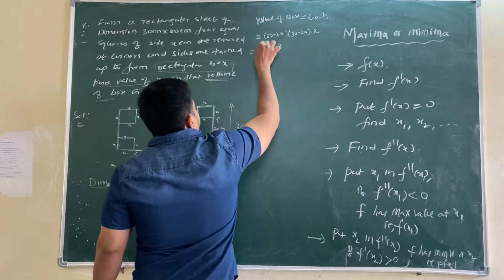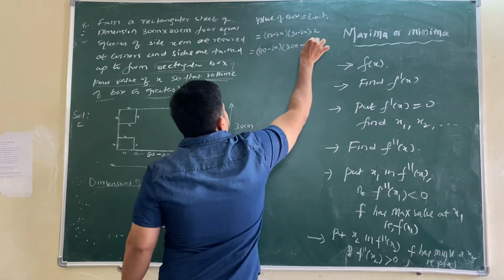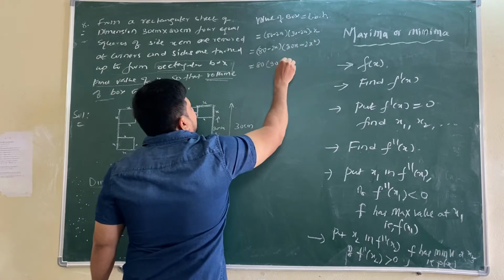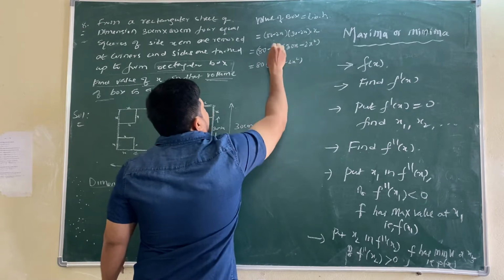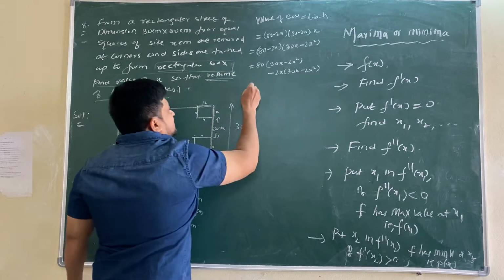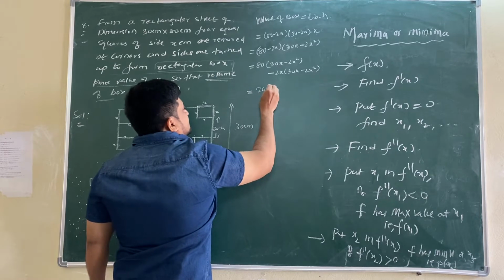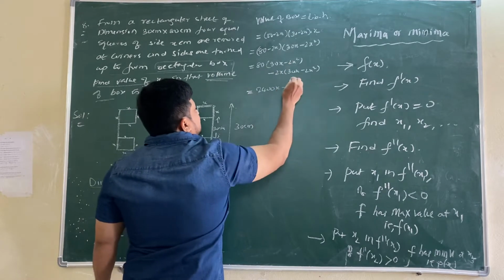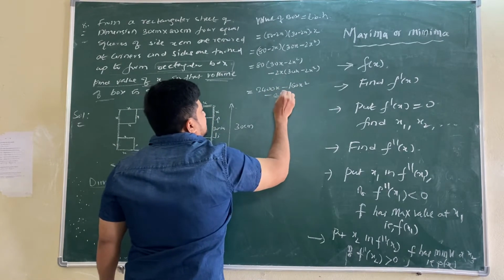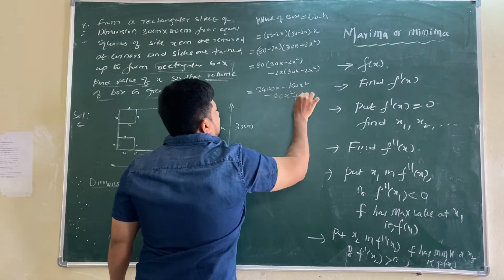80 minus 2x you can write as it is, and x you can multiply with these two. Now to multiply two brackets, first 80 will write with the bracket, then minus 2x. 80 into 30 is 2400x, then minus 160x square, minus 60x square, plus 4x cube.